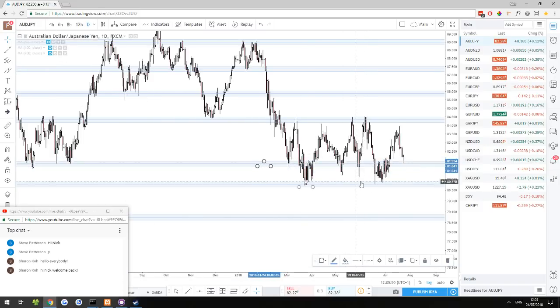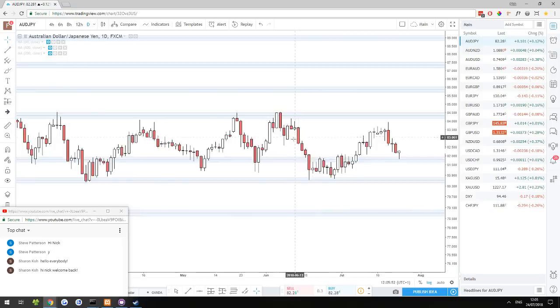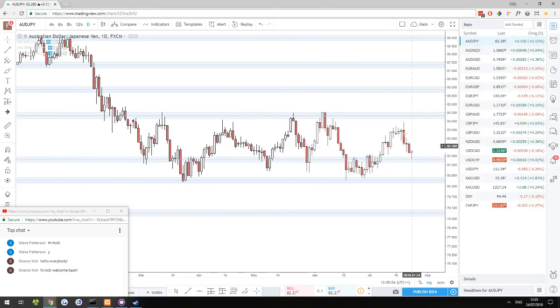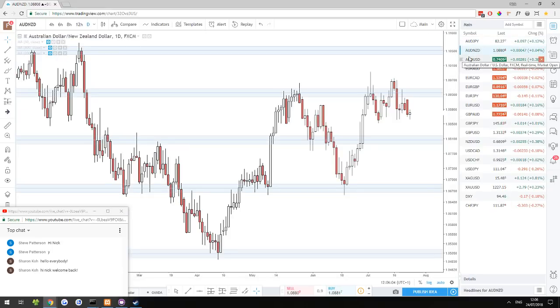Maybe not. Support resistance is really messy through here anyway. And there's nothing really much going on here. Arguably, you could be looking at a reversal there, but it doesn't really look that good to me. And there's a lot of other JPY pairs that have a similar reversal happening. And it looks better on most of them. So anyway, AUD New Zealand, not much going on here.